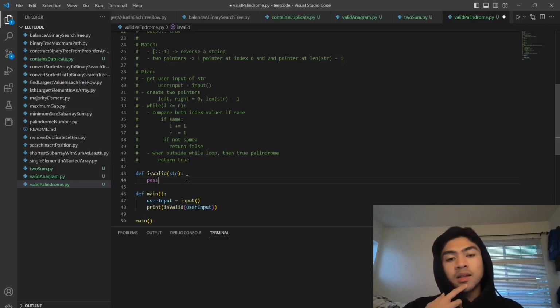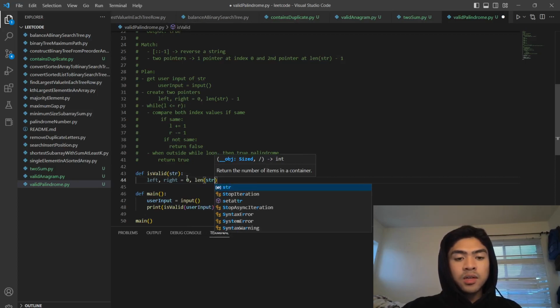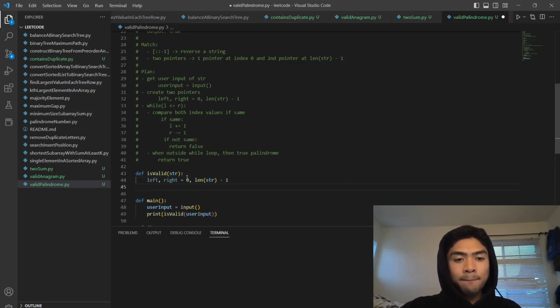So now that we're done with that, let's create two pointers and continue with our plan. So I'm going to create left and right. As I said in the plan, left is going to equal 0, right is going to equal the length of the string minus 1. And then I'm going to go through a while loop. So while left is less than or equal to right,